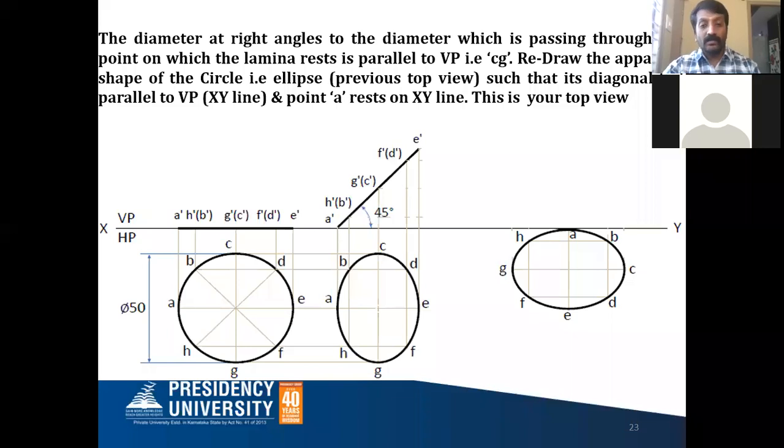Okay. So you take this A point on the XY line, anywhere, and call that the A point. Draw a perpendicular line, a 90-degree line from the XY line passing through this point A. Take this AE distance and cut this perpendicular line. You will get AE. To get the remaining 6 points, either you can go for the box method or arc method, whichever is easy for you, you can go ahead with that.